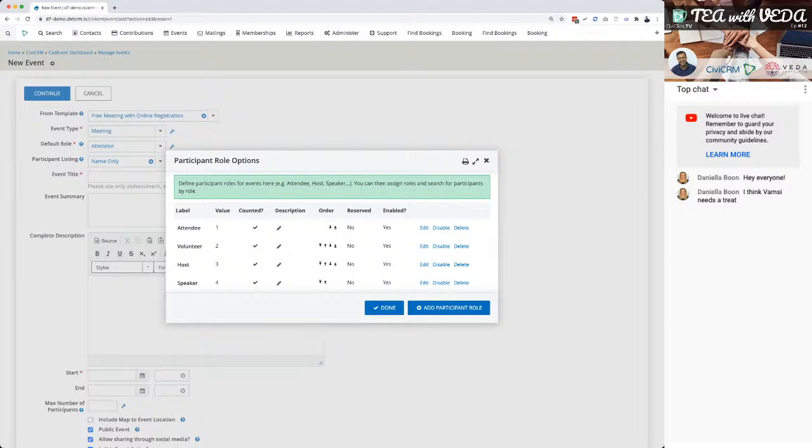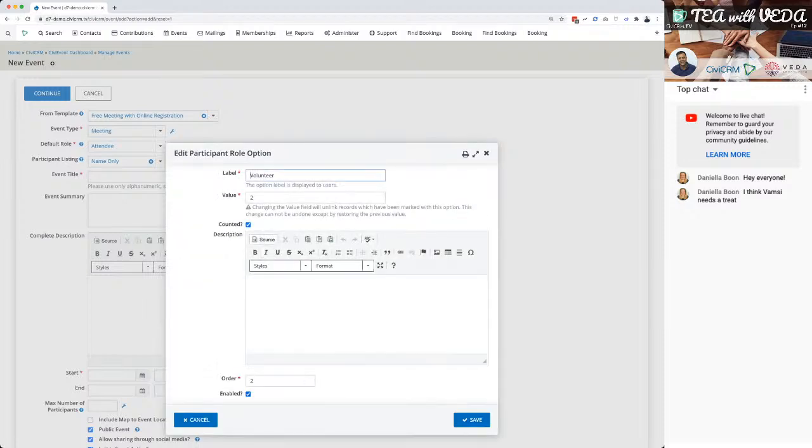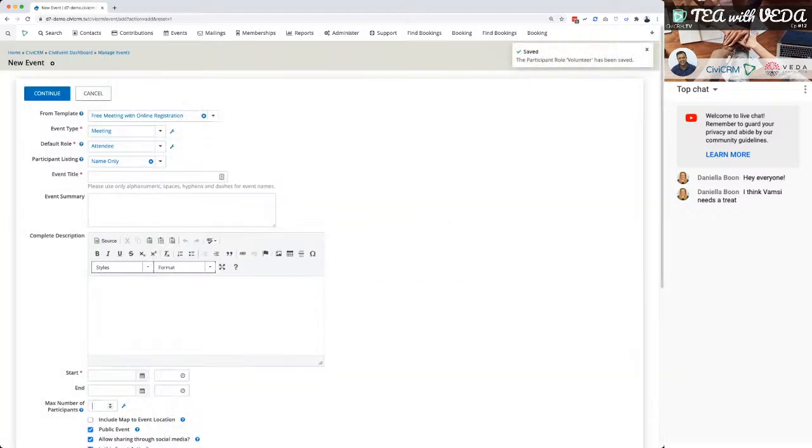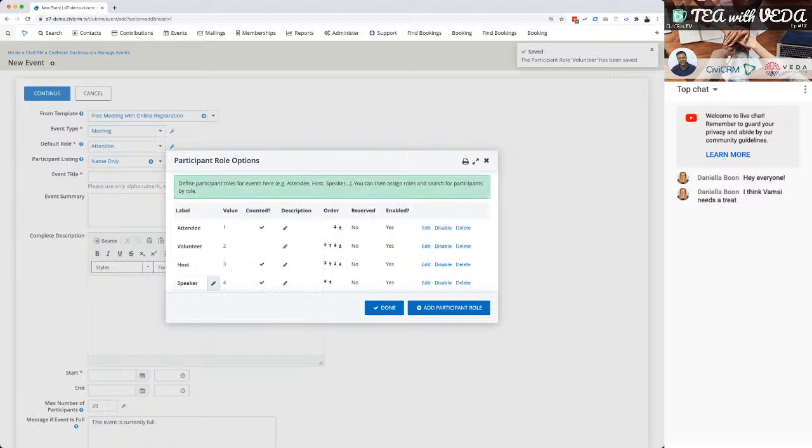So again, I can have as many roles as I want, and this counted flag is important when I come to registrations. For instance, if I had my volunteers, I could say they are not counted. What that means is they don't take up a place. So if I say the maximum number of participants here is 20, then anybody who's registered onto the event with the volunteering role won't count towards that 20. That way I can split the capacity of the event while still allowing volunteers and casual visitors, so that they don't